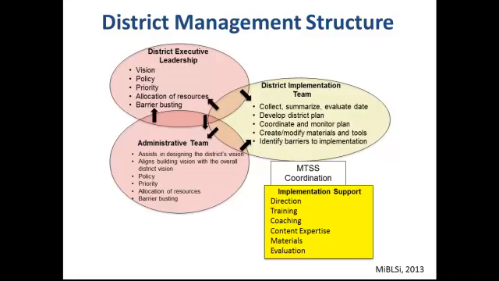But we want to make sure that there are people with their foot in both doors, or in both worlds, on the district implementation team as well as the cabinet, as well as the administrative team, because those people will really be developing the plan for the district, but they'll also be working to develop these products and these processes that we're about to go through. And it's important that there is input from the upper levels of administration at the district.